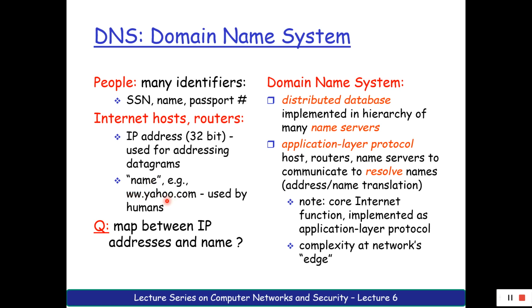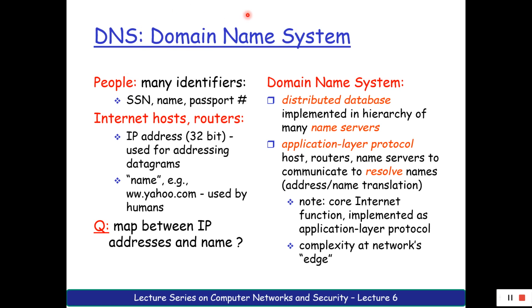Now the risk here was, we had to map a correct IP address and a name with proper justification, such that if I give that name, only that specific IP address comes up and no other things should come up. So that mapping risk started on us. Now this mapping risk is being dealt with by DNS, that is called the Domain Name System.